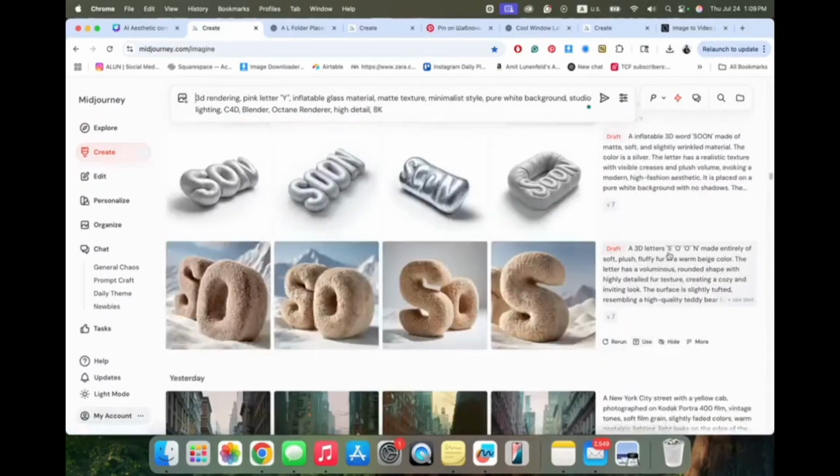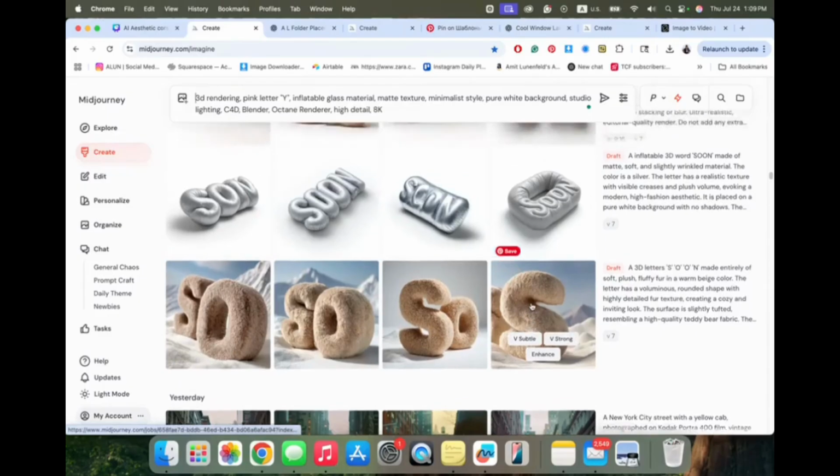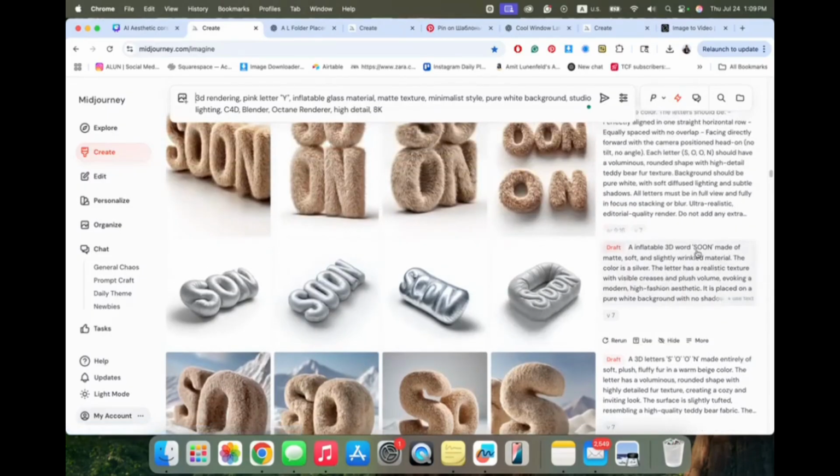I started with wanting the word soon. What I got is a fluffy S on top of snowy mountains, and I didn't get the result I wanted. I tried a different way to write the word soon. I got it, but I didn't get a good result.